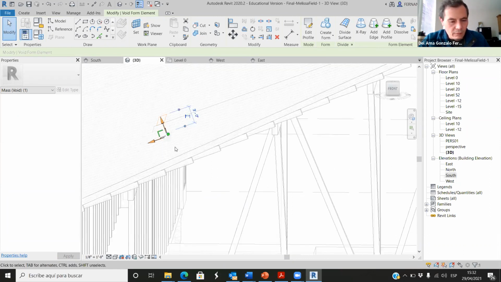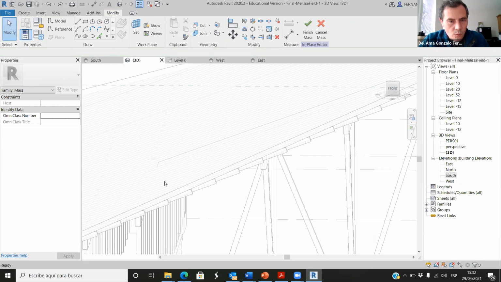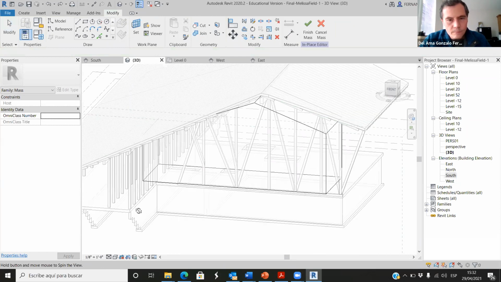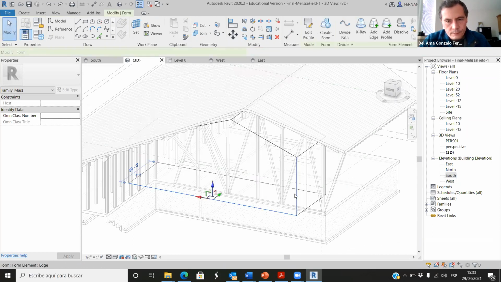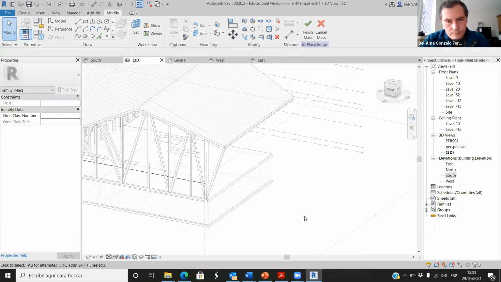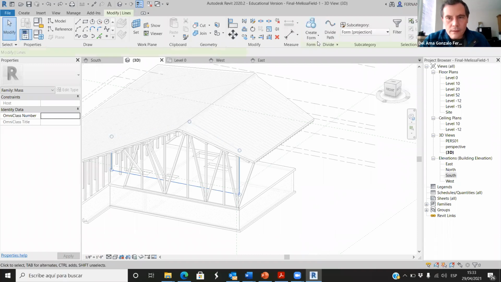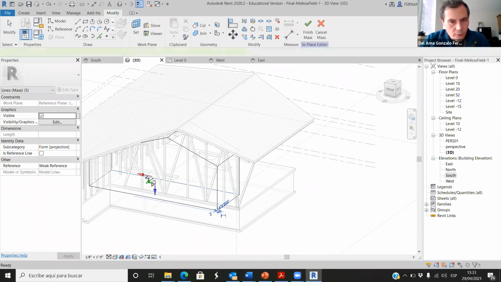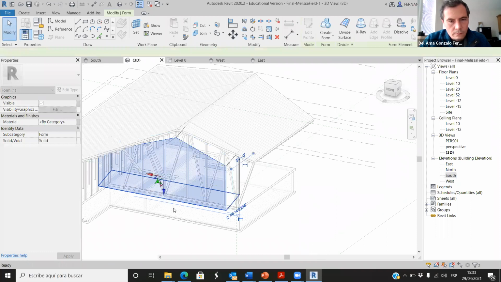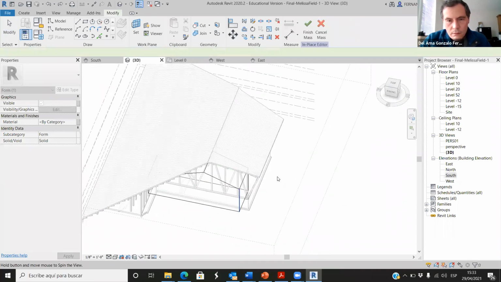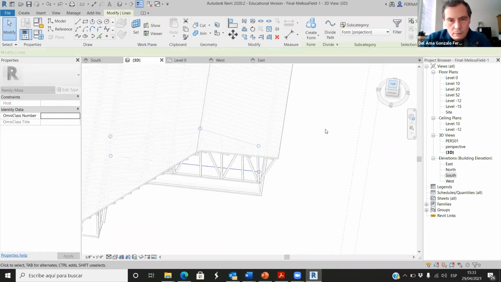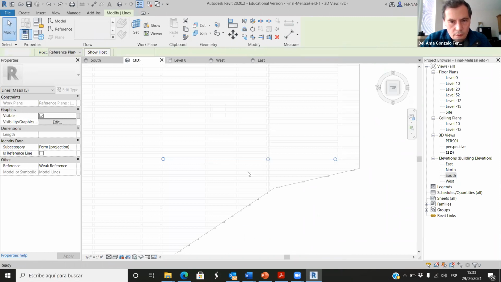Something's wrong today with levels. Because why am I doing this? Okay, let's select, create a solid form. Top, create a solid form,